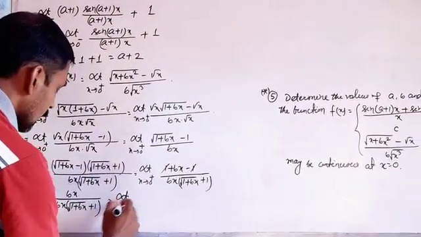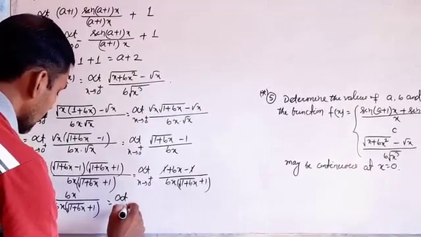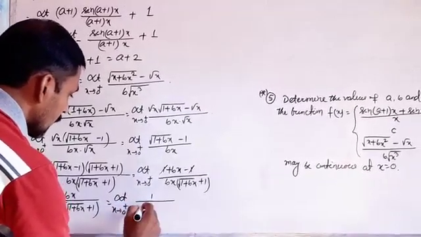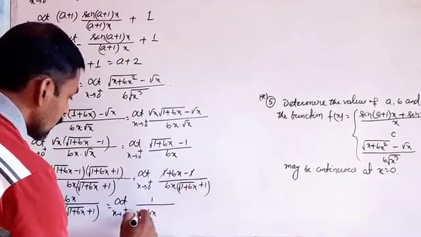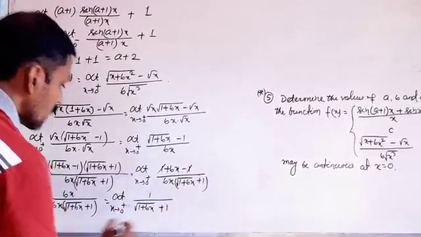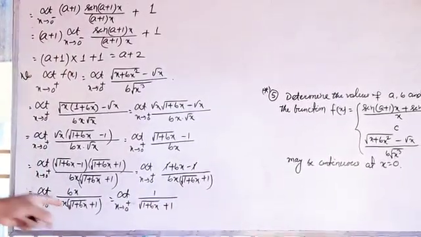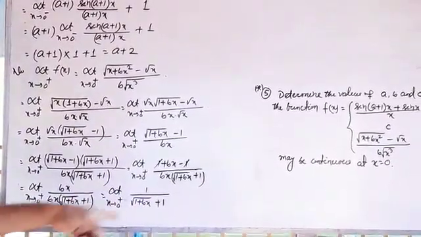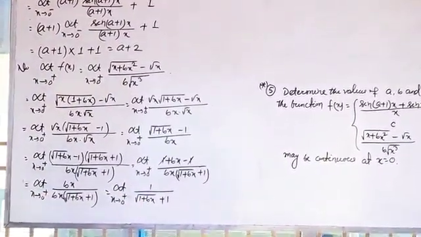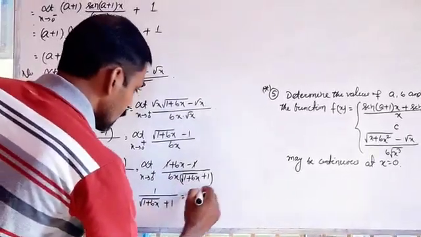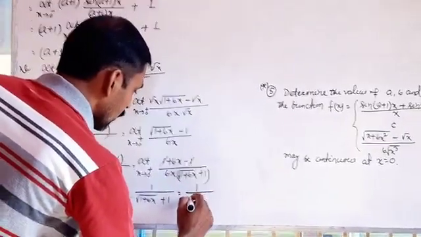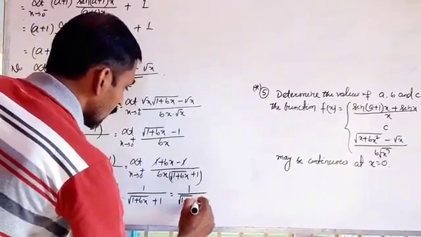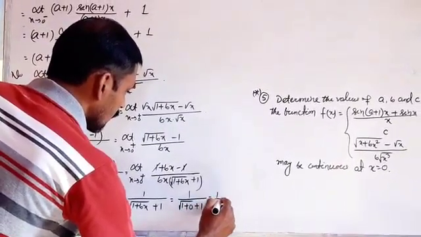So you will get limit x tends to 0 plus, 1 by 1 plus bx root plus 1. Now you see, if we put x equal to 0 directly in the denominator, then the value exists. So you can put 0, so it is 1 by 1 plus 0 root plus 1,